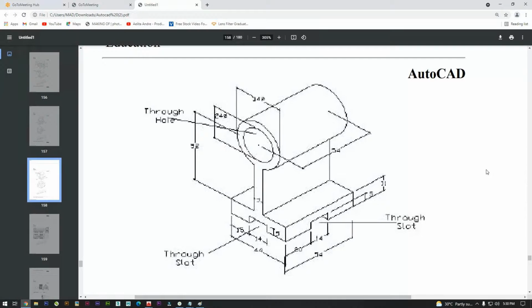You need to answer this because it's the last drawing of today's session.